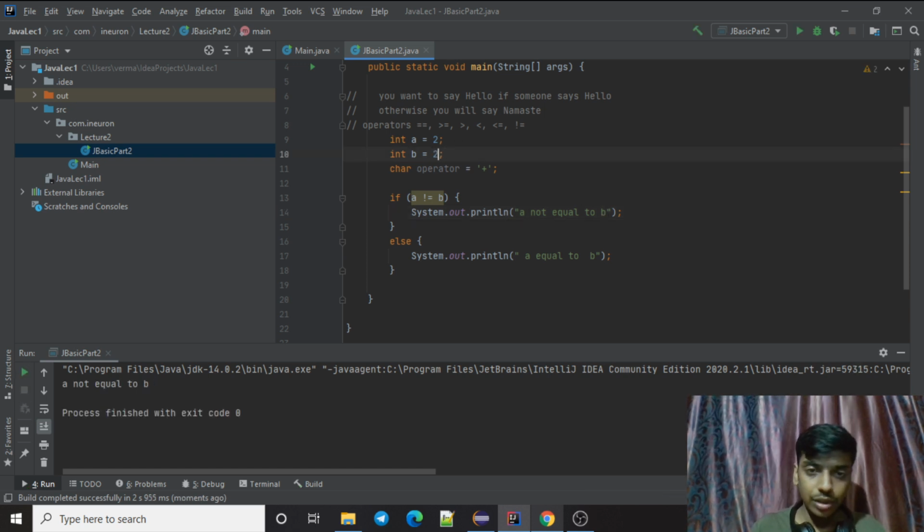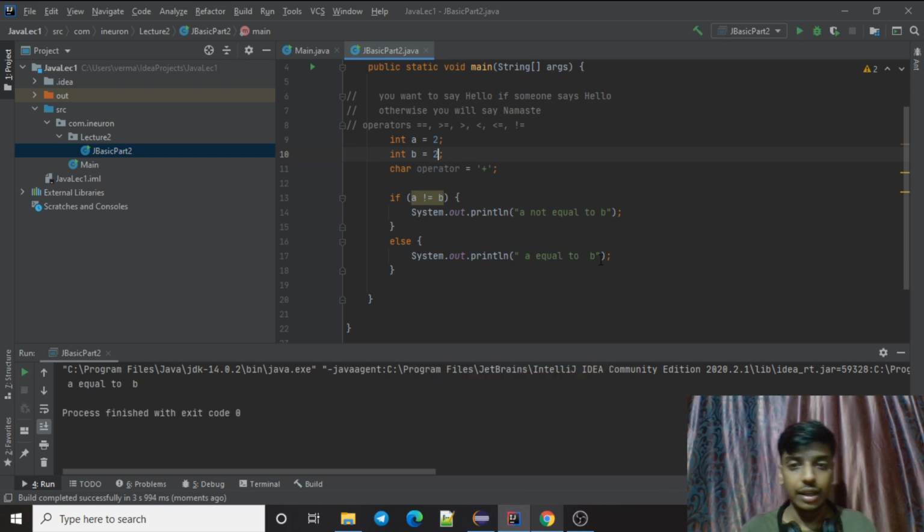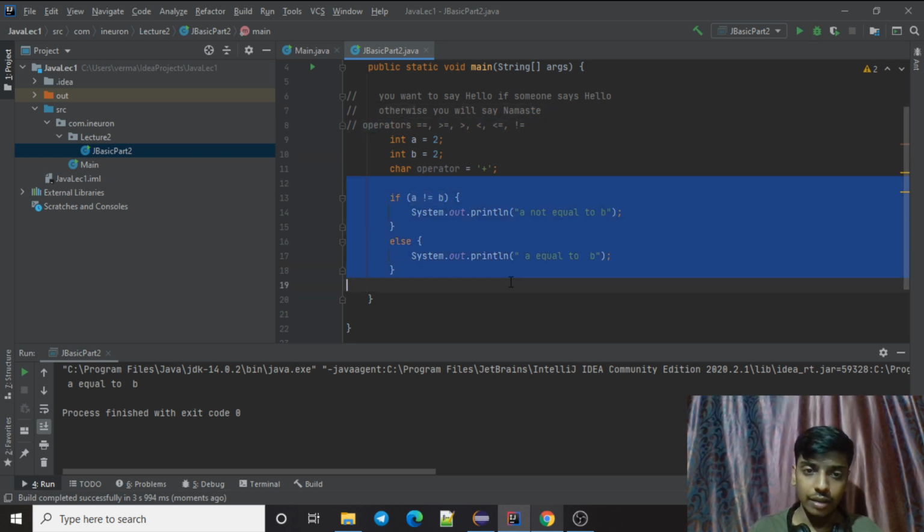If I give 2 here, it will give false, so it will come to this statement and print "a equal to b". So that's how the operators work, and that's how the if else statement works. I hope you guys got a good idea about the operators and if else.